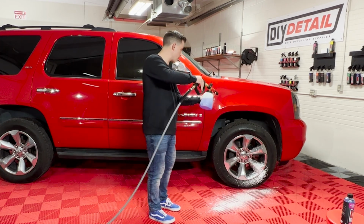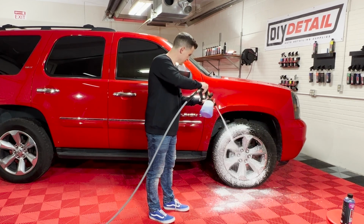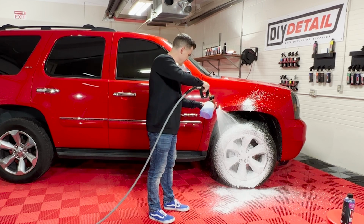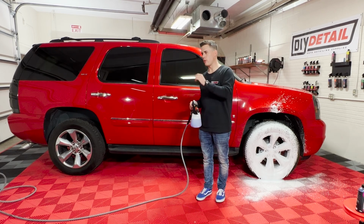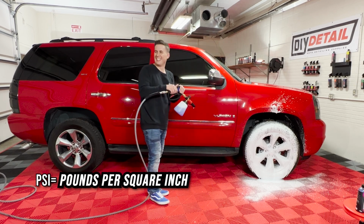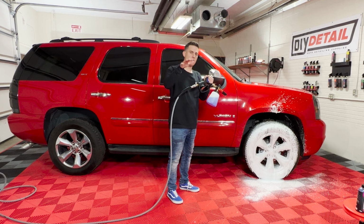Okay, we're gonna adjust the fan here, see what we like. Whoa, okay. I like that fan size. So Ivan, what PSI are we going to start with? We're gonna start with the lowest the machine will go. Okay. And I can't tell you what the PSI is unless it's running. Okay. Just so you know. Okay. So this is gonna be the lowest PSI on